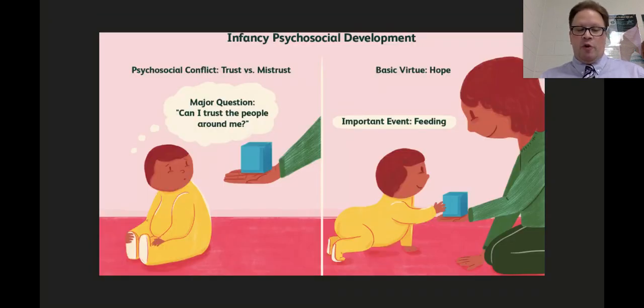So, from birth to about 18 months old, the principal challenge is trust versus mistrust, where you need to develop a basic sense of trust in your environment and in those who care for you. So this trust naturally occurs with a strong attachment with a caregiver who provides food, warmth, and comfort, and other types of physical closeness.